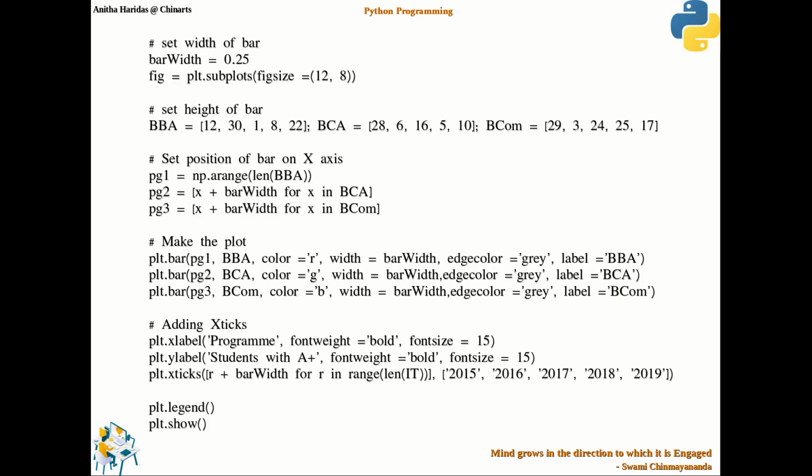Okay, so we'll be discussing how the subplots can be used, what are the different parameters that are available in subplots, what are the different attributes that are available, and what are the different values that can be given for these attributes, etc., in the upcoming session.